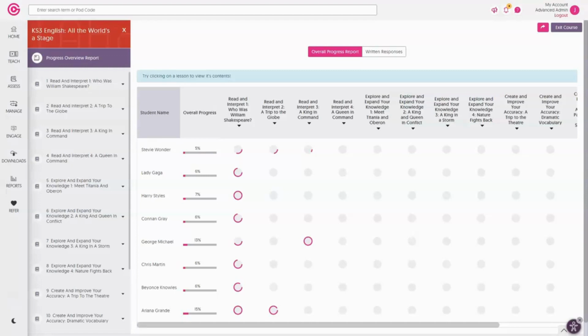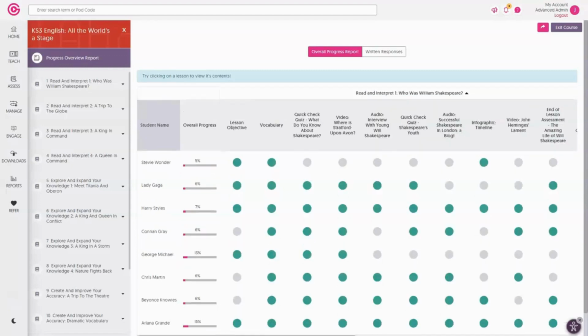If we click into Lesson 1, we're given details of each individual activity within the lesson and the student engagement throughout. So if I hover here, you can see the time spent on each activity and the scores for their knowledge checkers and the end of topic assessment. Some courses will have the option for students to evidence their thinking with written responses, and you'll be able to